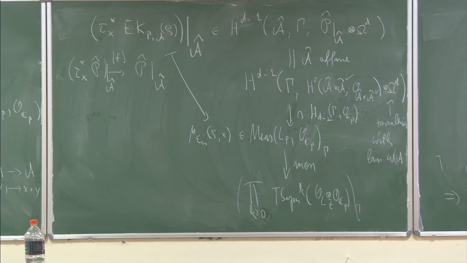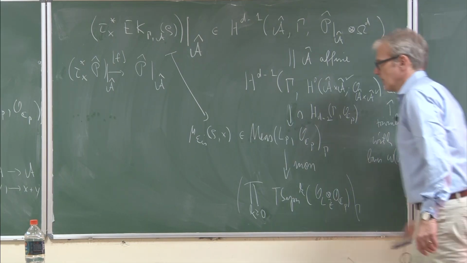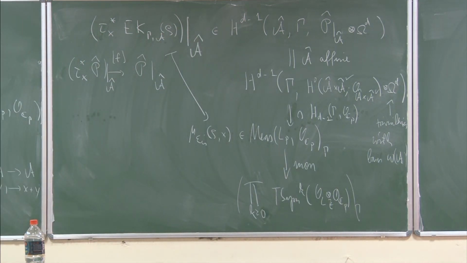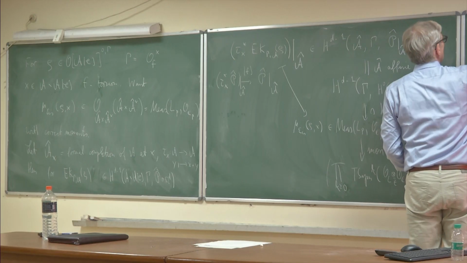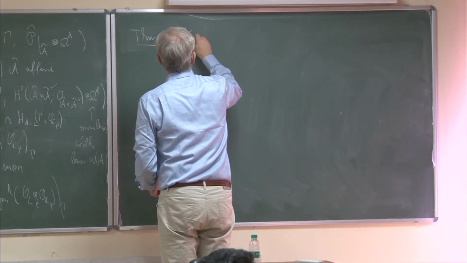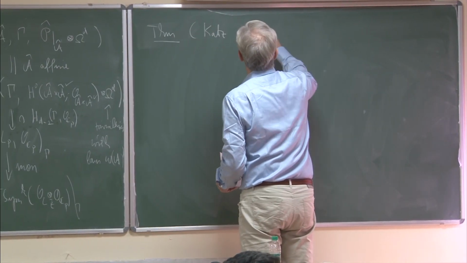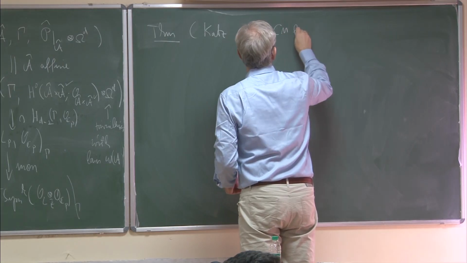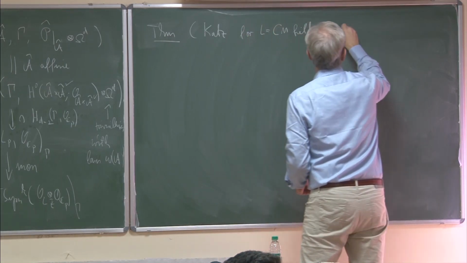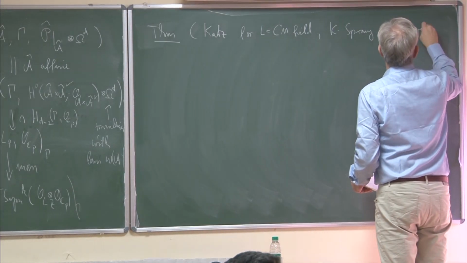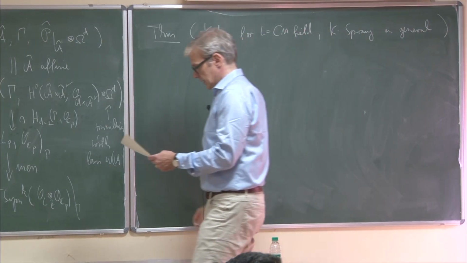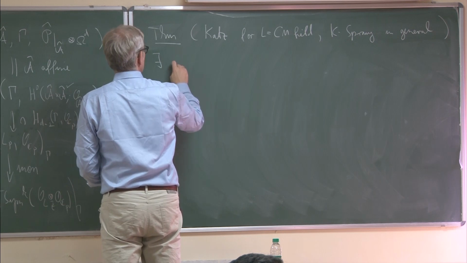So somehow with this geometric interpretation of measures, we get directly a measure, and then we can generalize earlier work of Nick Katz. So, theorem, this is Katz for L equal to a CM field, and myself and Sprung in general. It's as follows. So there exists a measure